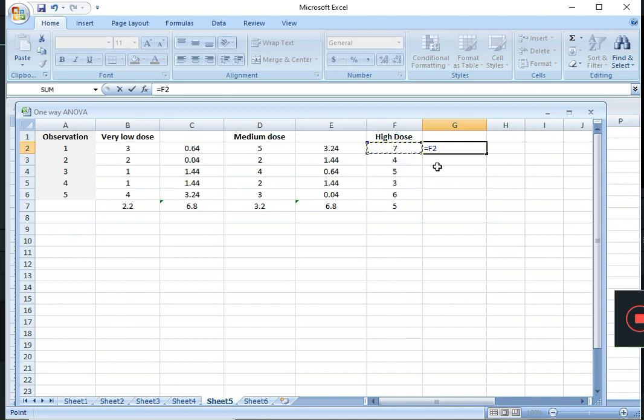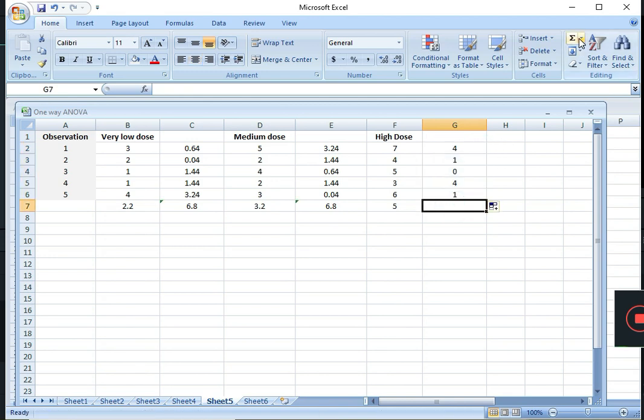This, sorry, simply paste, copy, paste, and change the value, which is now the mean of 5, enter, this and sum. So we have calculated so far the